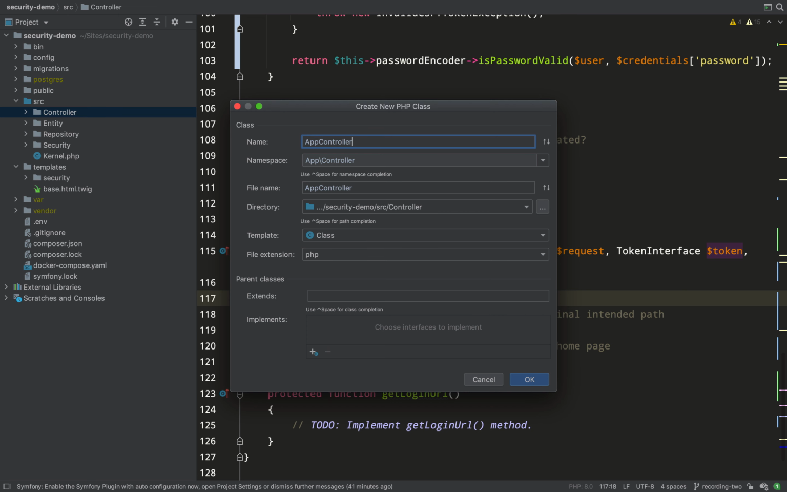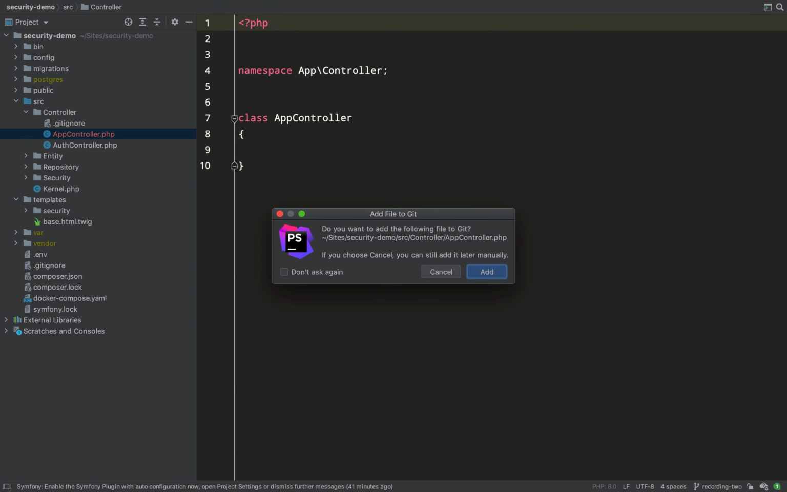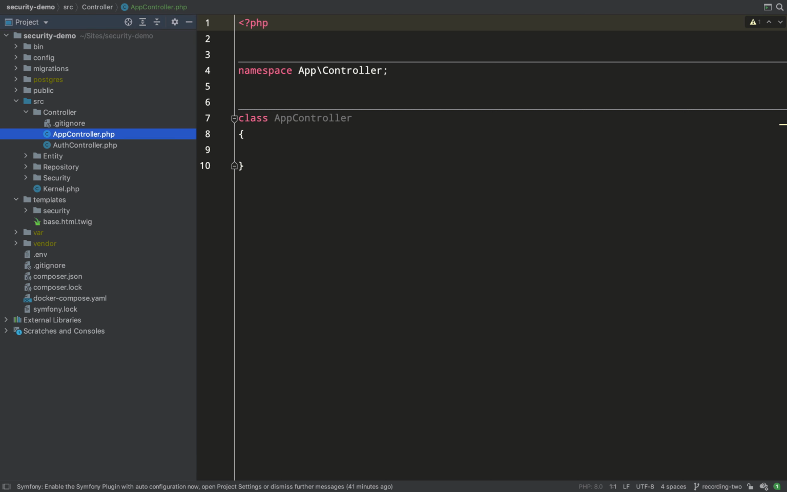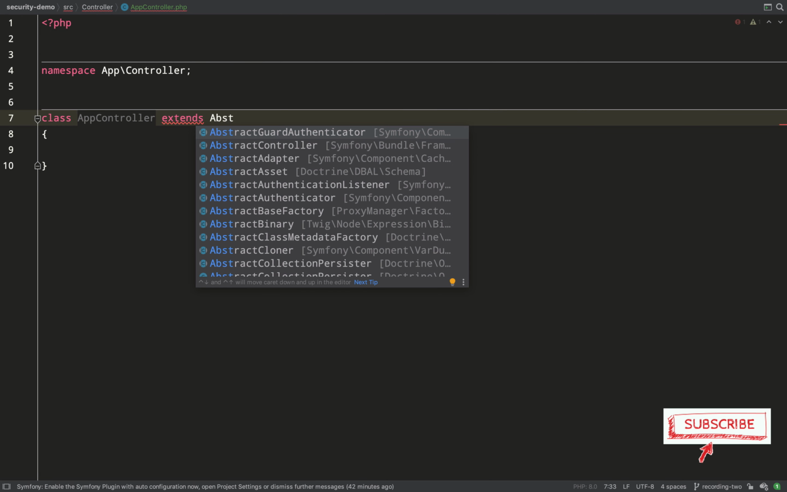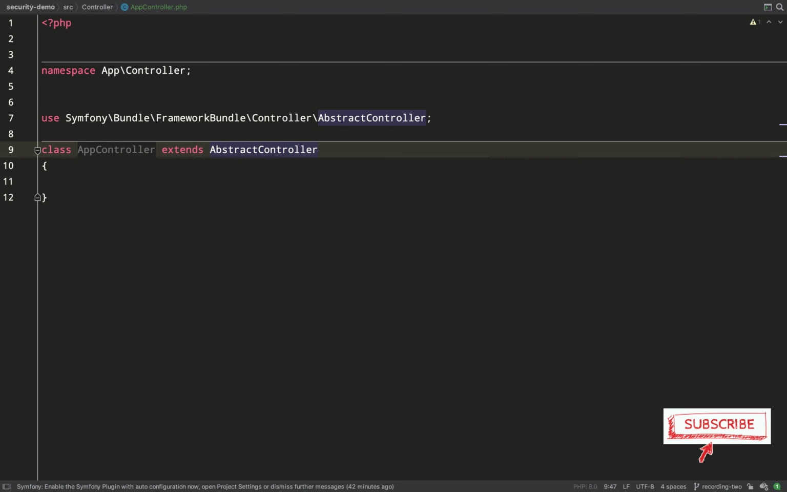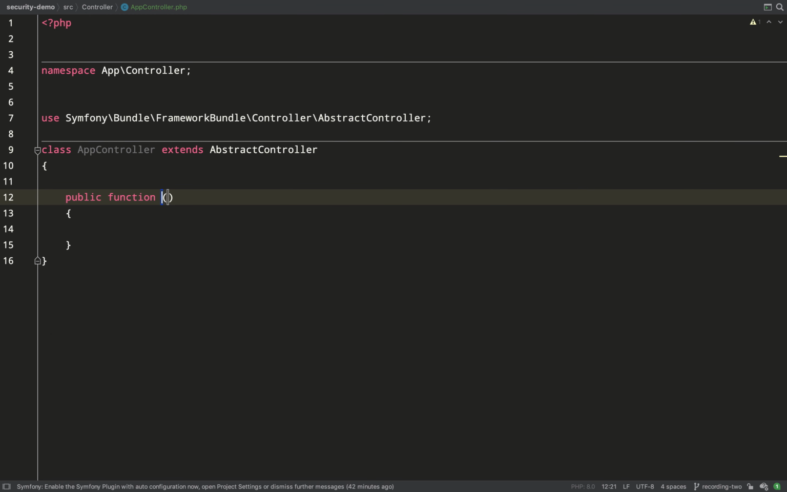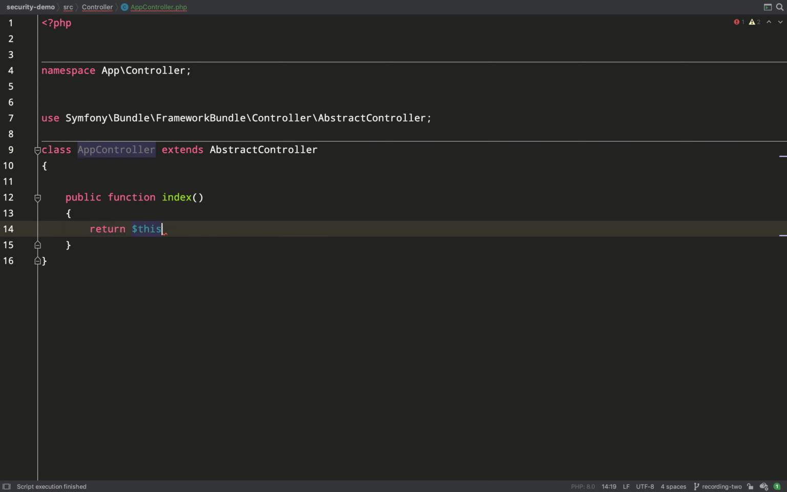In order to redirect a user to a home page, we're going to need some setup. So I've created an app controller and I'll just have one method in here which renders a home page. So I'm extending the abstract controller and then I'm just going to create an index method. And from there, I just need to render a home page. So return this render and I'll put it in an app folder within templates. And I'll just call it